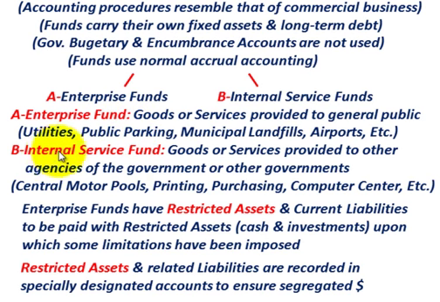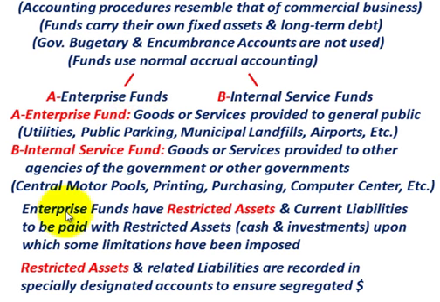Now, the other fund we have here is the internal service fund. This is where goods or services are provided to other agencies of the government or to other governments themselves. That would include central motor pools, central printing or a central purchasing department, and also a computer center that's going to service the entire government. That would be typical for your internal service fund. Just remember, the internal service fund provides goods or services to other agencies of the government, whereas your enterprise fund is providing goods or services to the general public. So that's really the basic difference between these two funds.